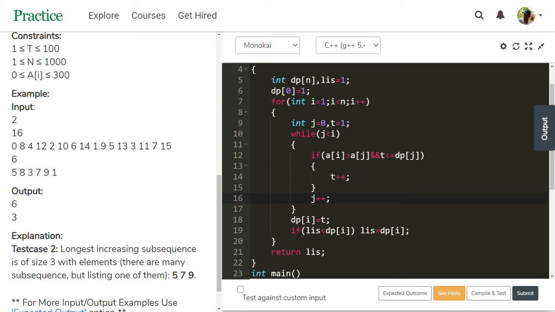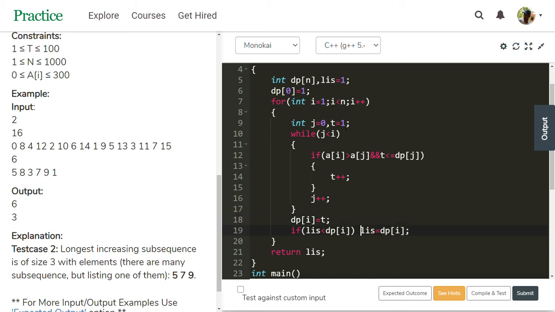It stops execution. dp of 1 is equal to 2. The t value is 2, so it is stored in this. dp of 1 is 2. Check this if condition. LIS is the longest length. LIS is 1, which is less than 2. It is true. So LIS stores the value of 2 now.